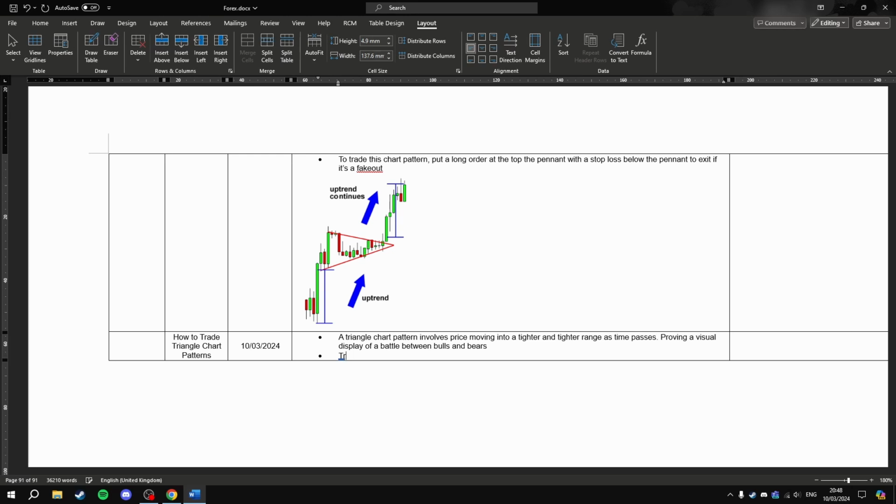Triangle pattern is usually categorized as a continuation pattern,